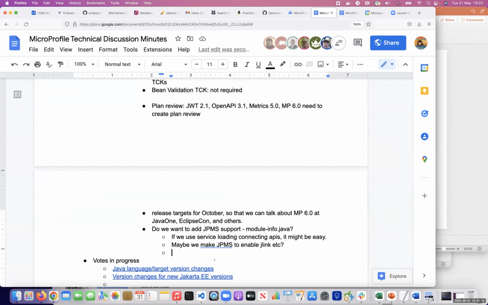Emily, what about trying to add that module-info to the telemetry spec and start with a simple solution and then explore what else needs to be done? Yeah, because that's currently in development, so we can edit there. I think that's a good idea. It may be challenging in the sense that if you really wanted to demonstrate using that under a JPMS runtime, an implementation of it might need other parts of MicroProfile, like config, that would also need to be usable in that situation.